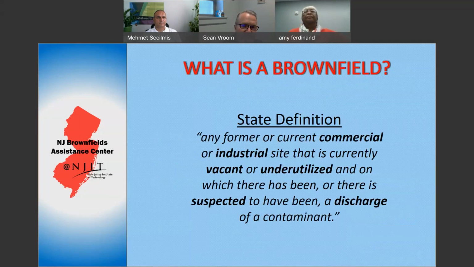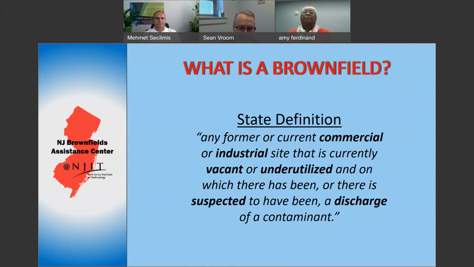So just so we have a good foundation for today's presentation, I also want to go over what a brownfield is and why communities should understand it for inventorying them. So the site definition is any former or current commercial or industrial site. This is, again, New Jersey's definition. It is currently vacant or underutilized, and there has been or is suspected to have been a